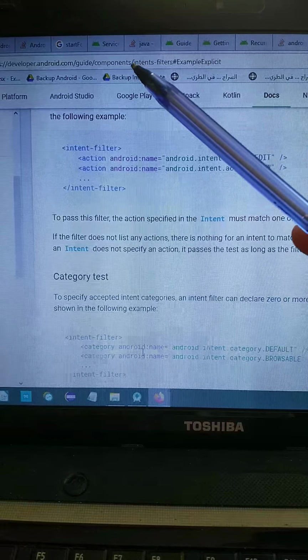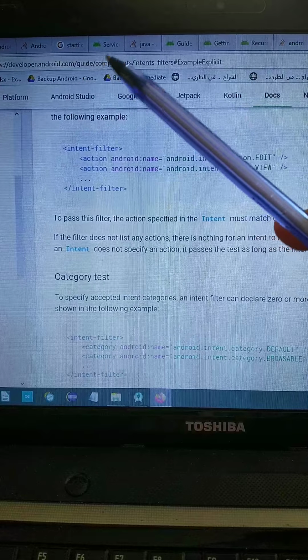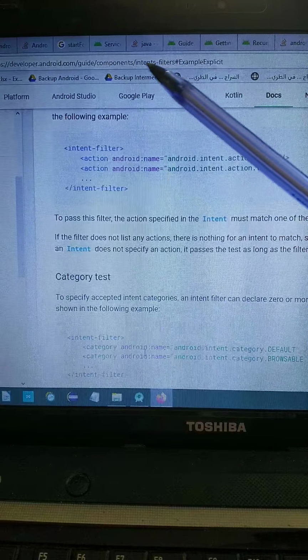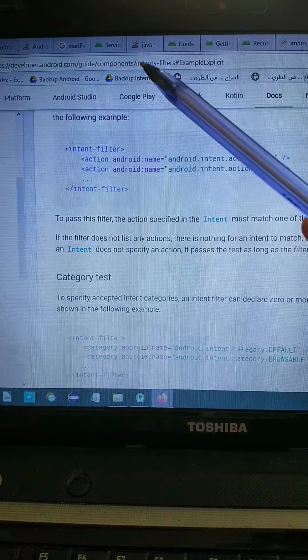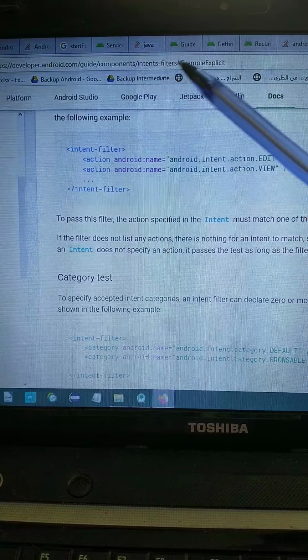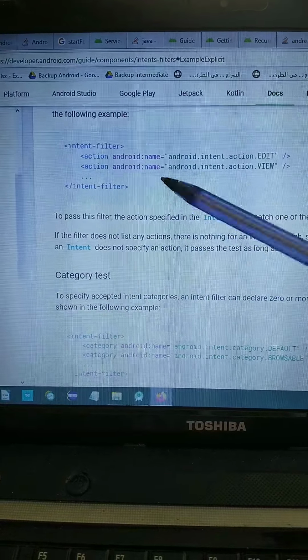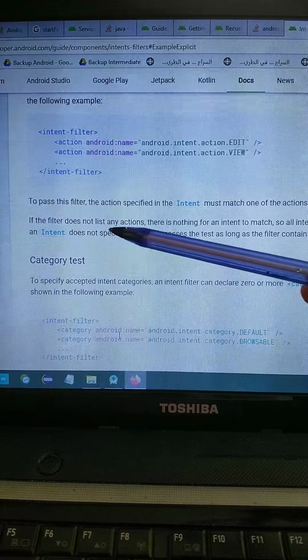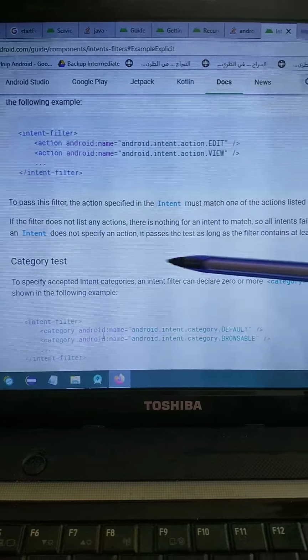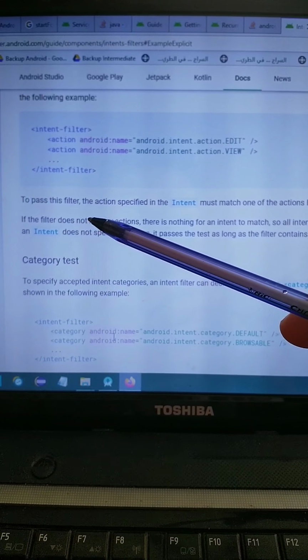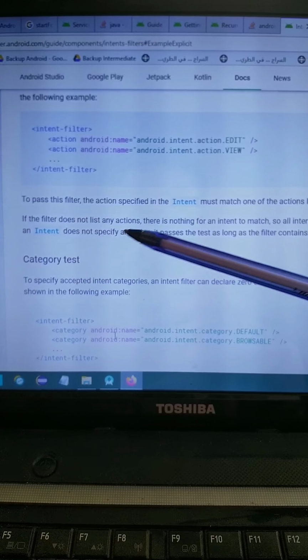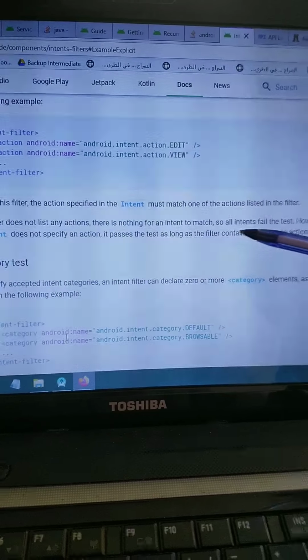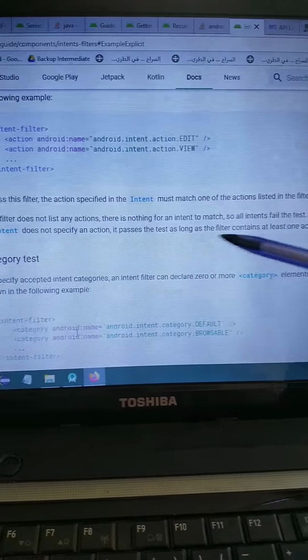It was the guide, application components, I don't know exactly. Anyway, here it was a little confusing: to pass, and in the filter does not pass any actions. There's nothing. You can read it.